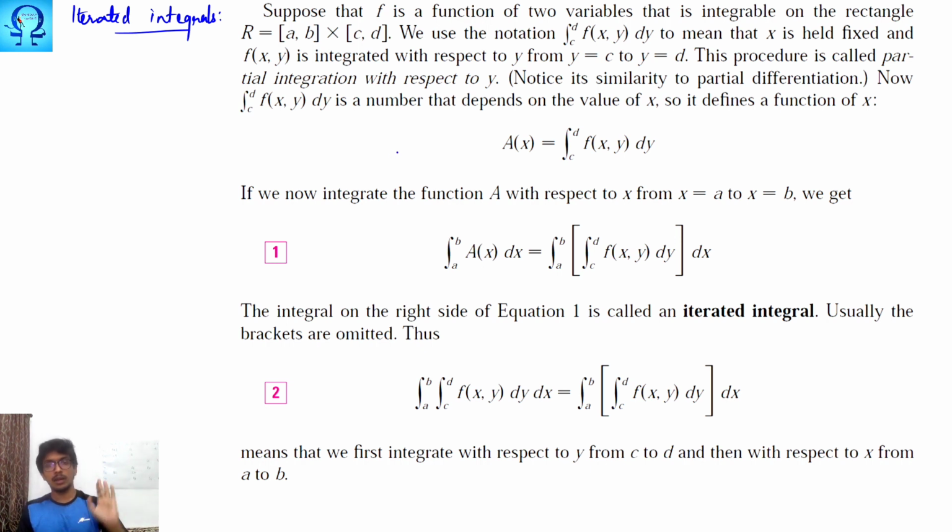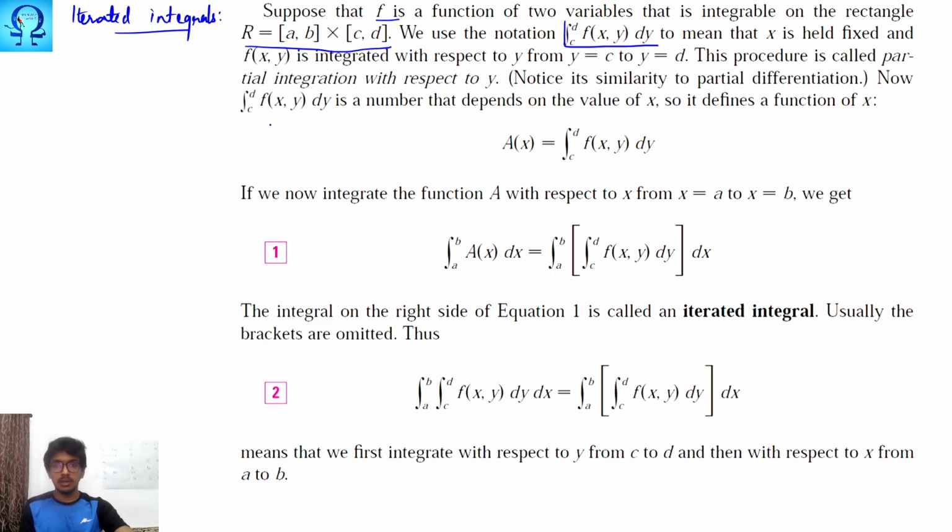No more Riemann sums and taking limits. All those things will not be there, right? We have a function of two variables over the rectangle [a,b] cross [c,d]. Here we use this notation to mean that this function is integrated with respect to y, keeping x fixed,